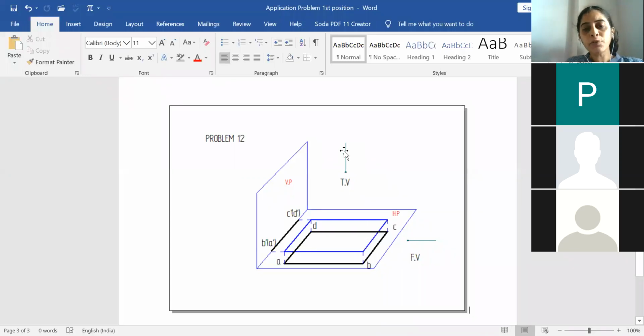And when it is viewed from the top, you will see a rectangular lamina because you will project the points A, B, C and D on the horizontal plane, and hence the black one is our top view with the true shape. Later we will shift the horizontal plane down below and hence you will get the rectangular lamina as a top view below the XY line and a straight line as a front view above the XY line.